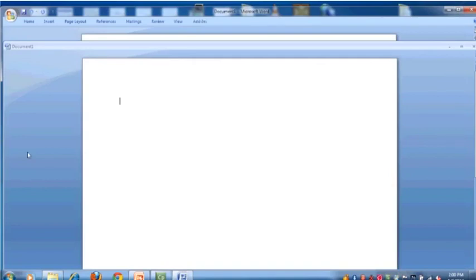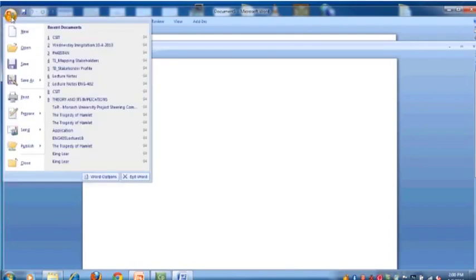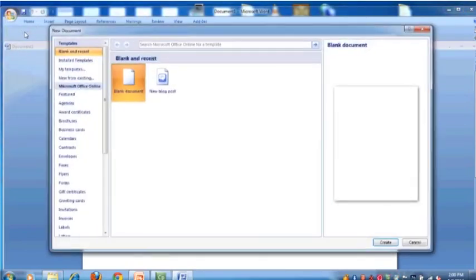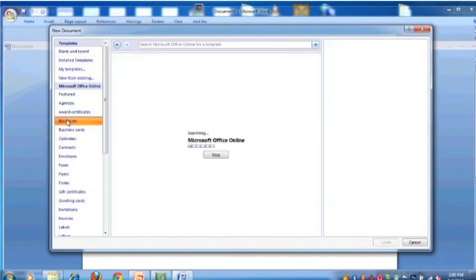The file would open right in front of you. That's the blank page that would appear. The next step is to click again on your Start button and then click on the new file. Again, the file will open, and if you want to make a brochure for your presentation, you may click on the brochures and then wait for your URL to work.